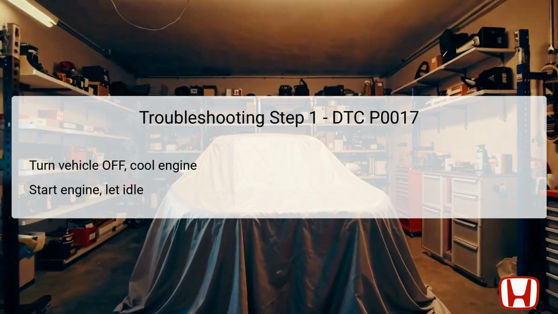In the first troubleshooting step for DTC P0017, you'll need to turn the vehicle to the off mode and allow the engine to cool to below 104 degrees Fahrenheit, 40 degrees Celsius. This ensures safety and reduces the risk of burns during inspection. Once cooled,